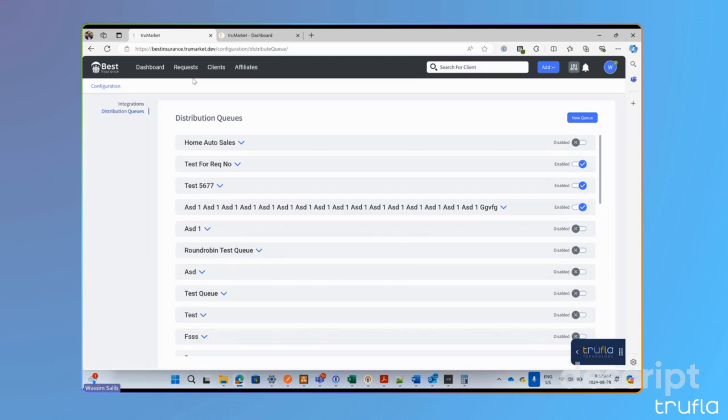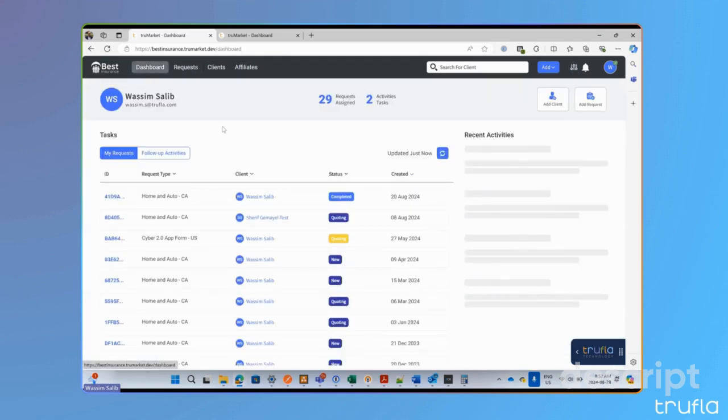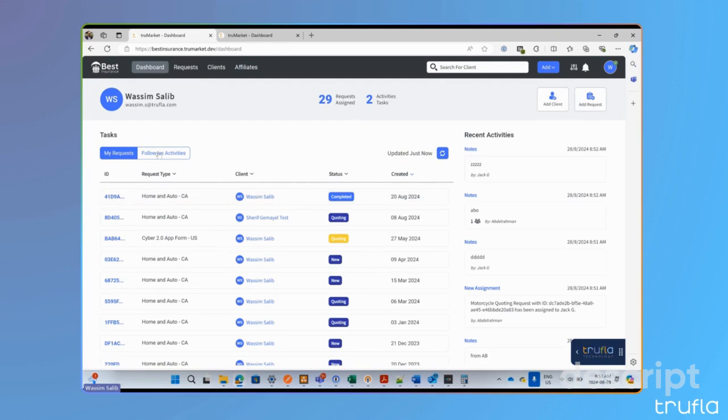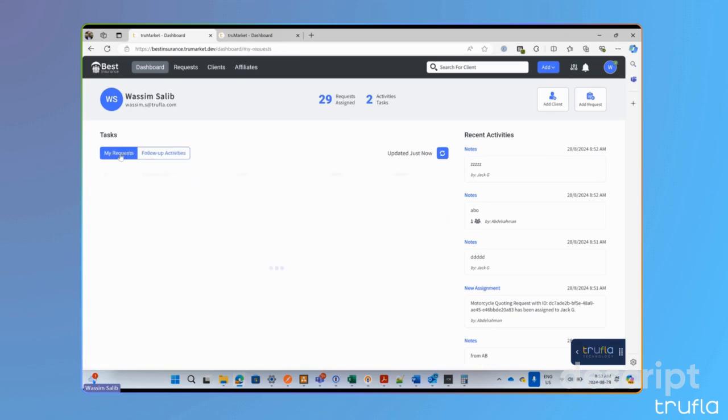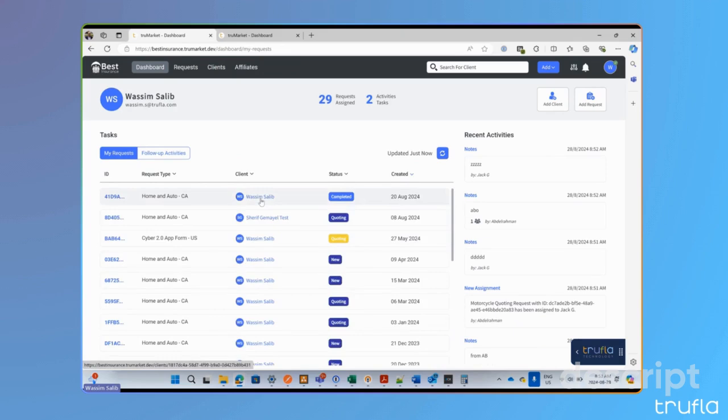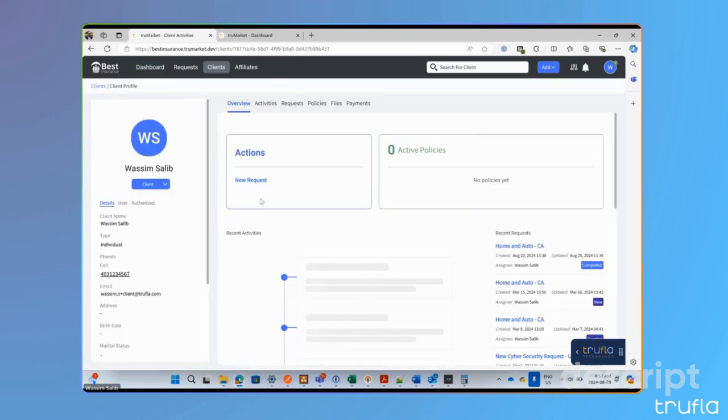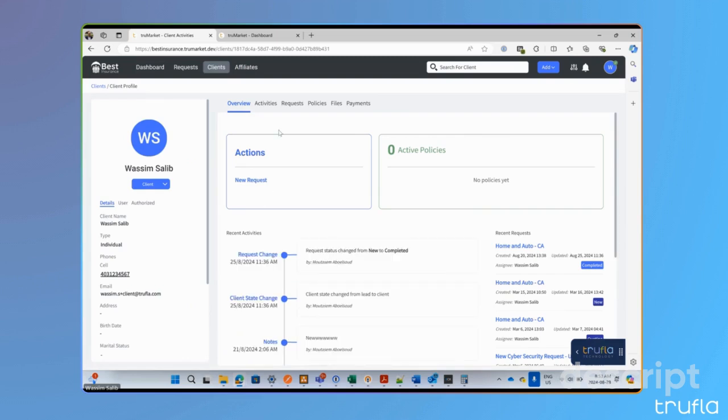Now, the last big feature we've added that I'll try to go through quickly for the sake of time is the follow-up activities. So I showed you that you can see a summary of the follow-up activities here, but where did they come from, or how do I create them? So if you go to any client file here, or from inside a request, and you go to activities,